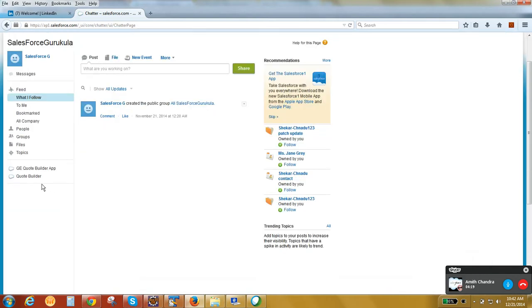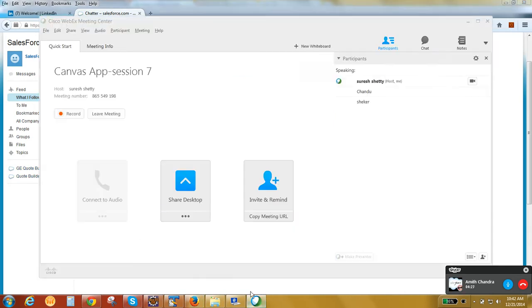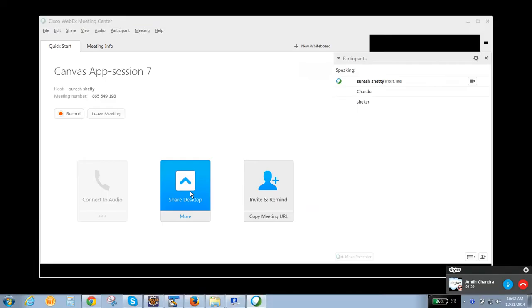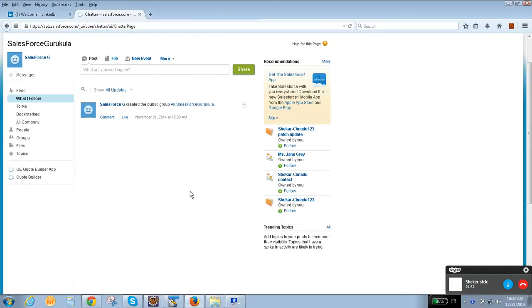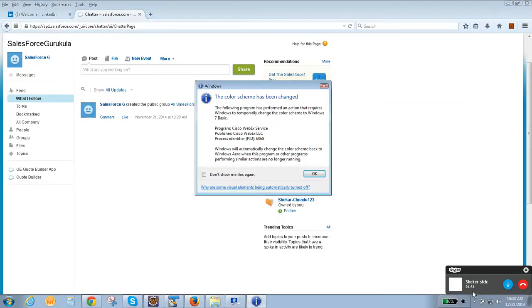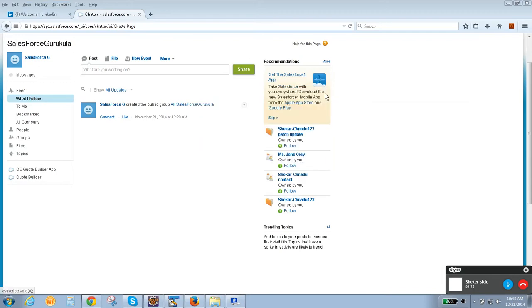Okay, so let's say this is one of the Canvas apps. I will tell you how to configure this. Hello? Yeah, your screen is not showing. And also record your recording. Yeah, it's recording. Okay, can you see it now? Yeah.